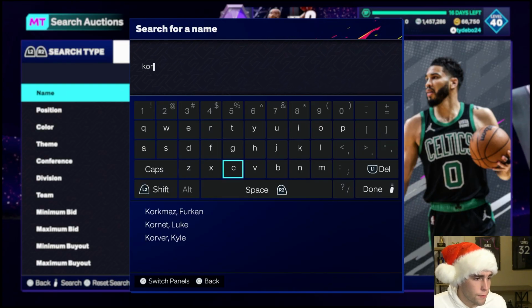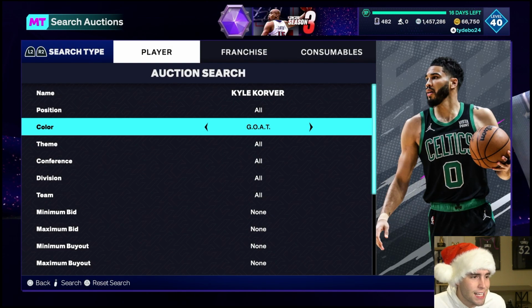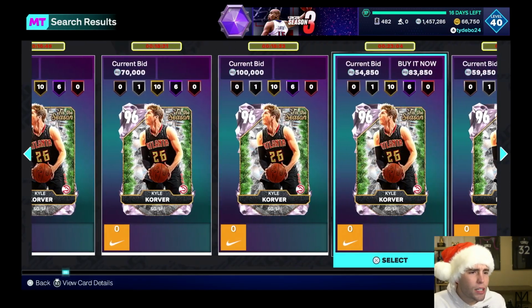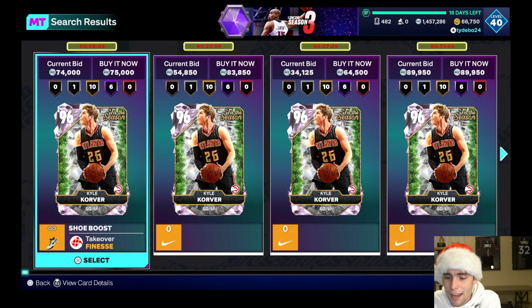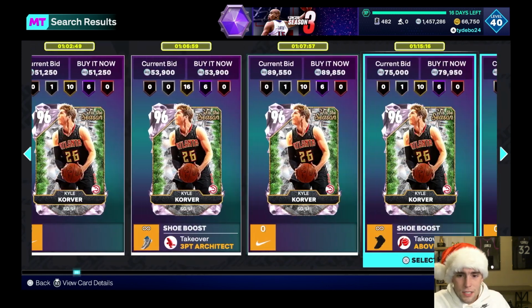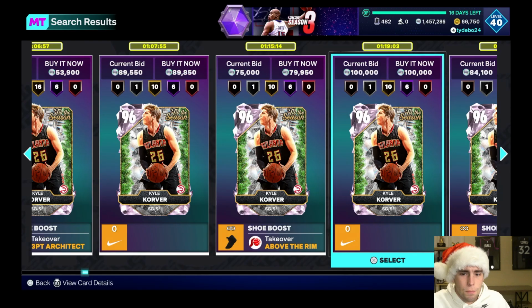If you want a Korver, if you want a Rudy, if you want any of these guys, now is the time to buy them. And like I've already mentioned, you can literally build a whole squad of 'Tis the Season cards. And that's crazy to think about, but you can. And a lot of these cards aren't insanely overpriced. Outside of the 'Tis the Season set, it is tough to find that many good players